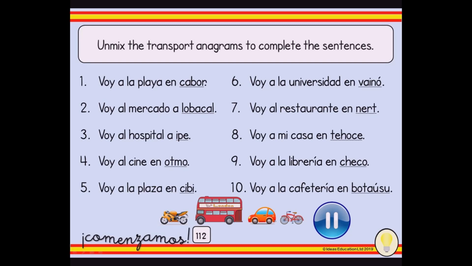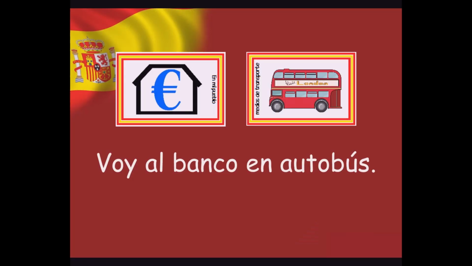Okay, have you copied down the sentences and have you unmixed all those transport words? Do you know which one is which? Let's have a look and see if you are right. Here's the answers. So just press pause and mark your own work. Well done. Did you work them all out? So you can see some sentences here that are really good examples of the ones that we're going to put together. They all say where you're going to, and they all say how you are getting there. Let's have a look at that in more detail.